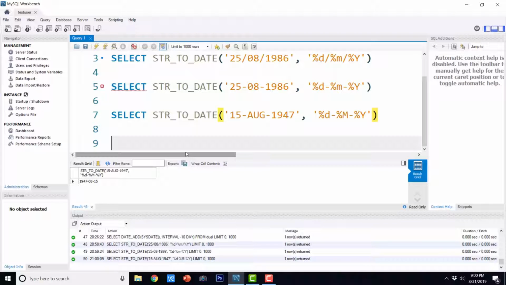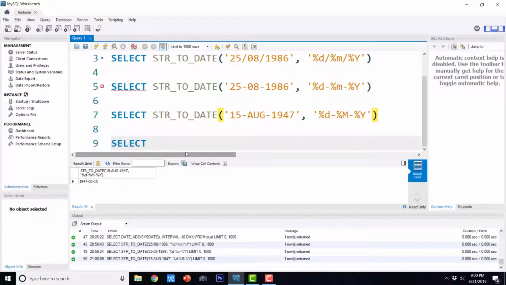Now we are going to see the other function known as date_format. So the first argument is the date and the second argument is the format in which we want to convert that date. So you can use sysdate or you can use a date column from the database table.